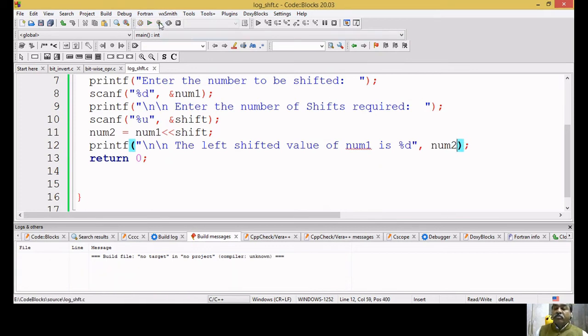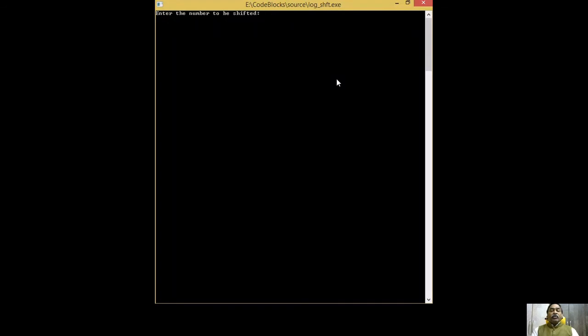We'll run the program now. Everything is fine. No errors in the lower window. Again, I will share the output screen. Maximize it. If I give 20 as the value, what should be the output when I left shift by 2 positions? By shifting left, will the value of the number be increased or decreased?